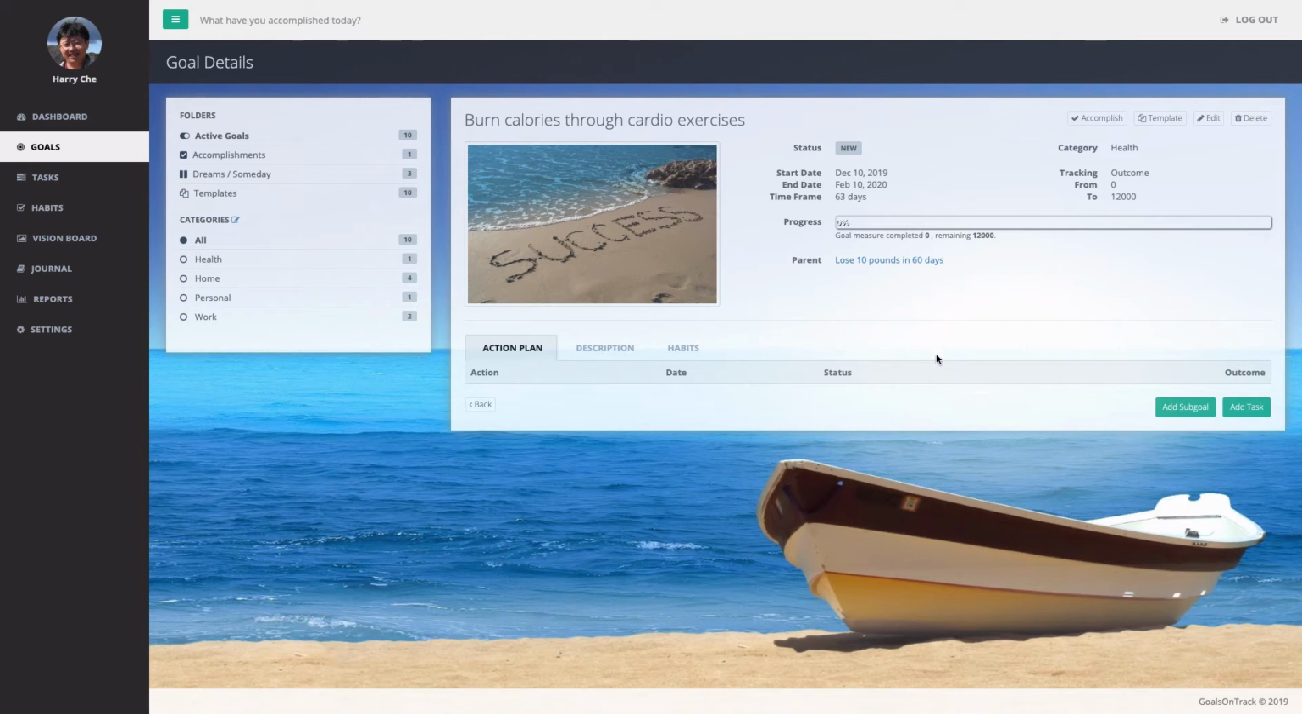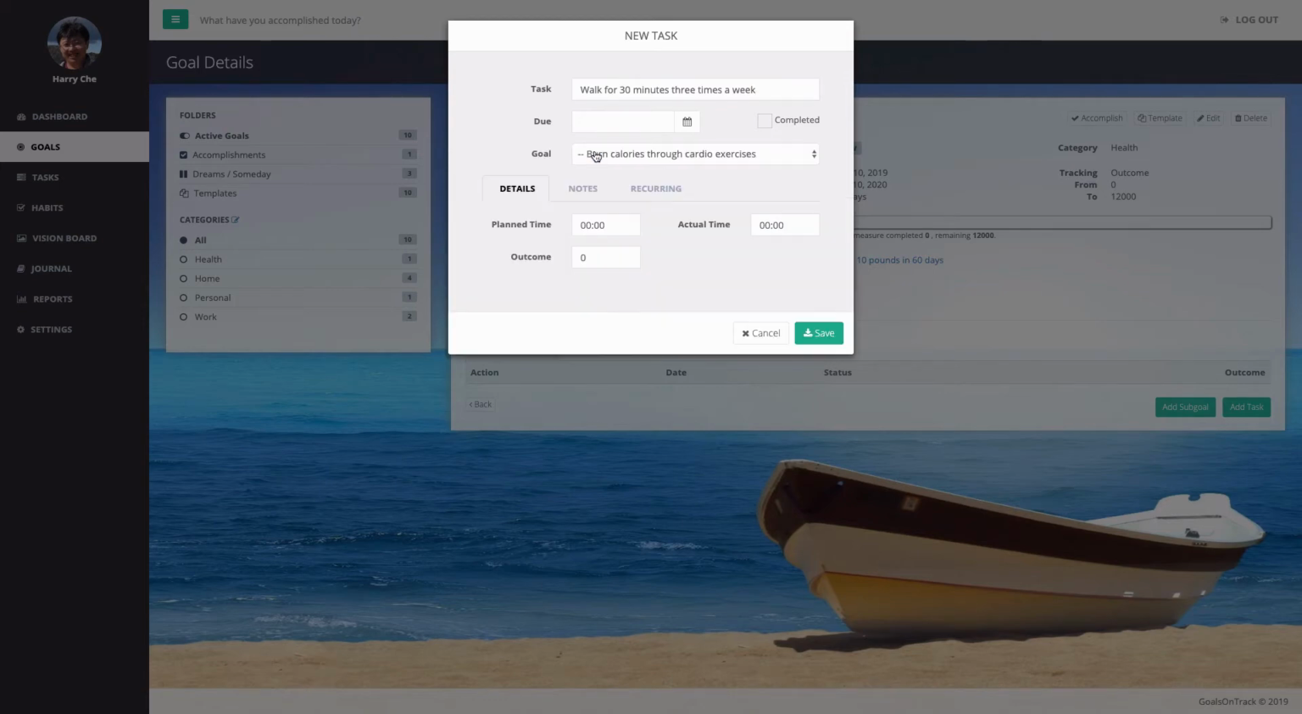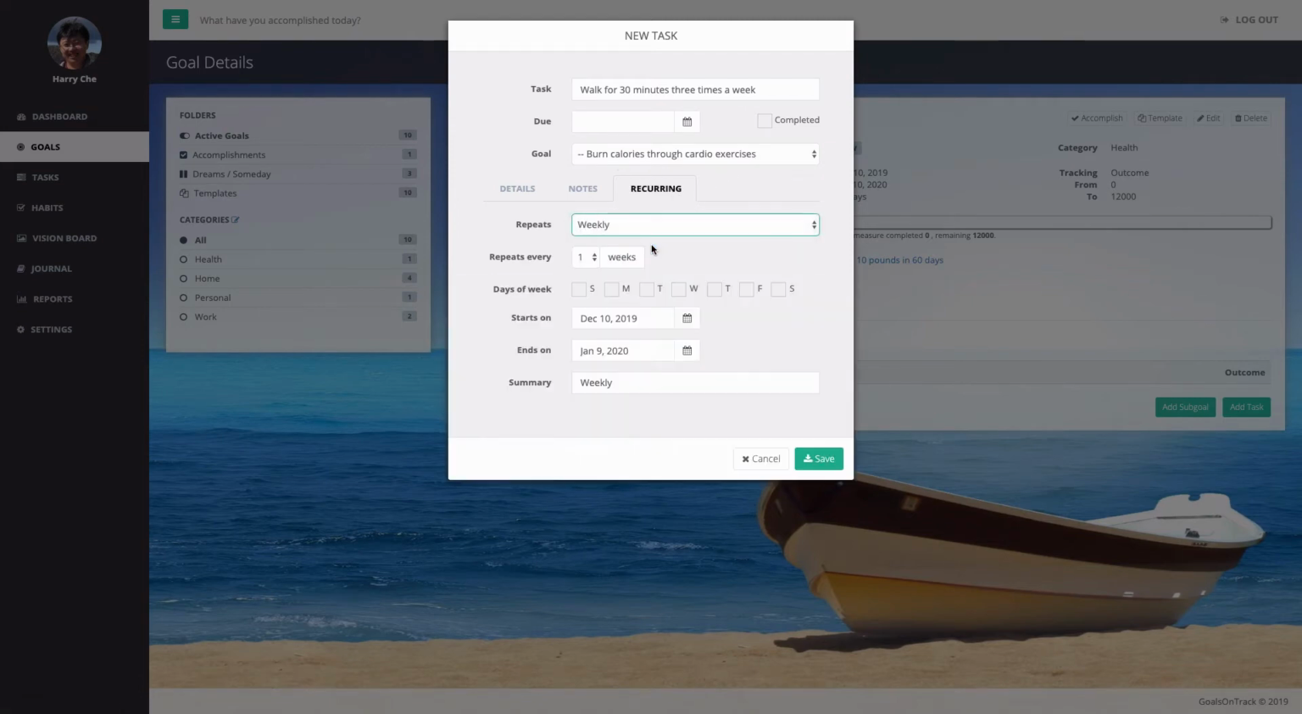So for this example, say we want to have a task, say we want to do some walking exercise. Let's just say walk for 30 minutes, 3 times a week, maybe. And we want this to be a recurring task. So that is the goal. That's fine. We want to make this a weekly task, Monday, Wednesday, Friday,